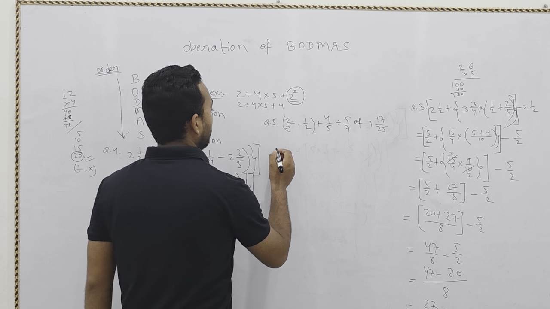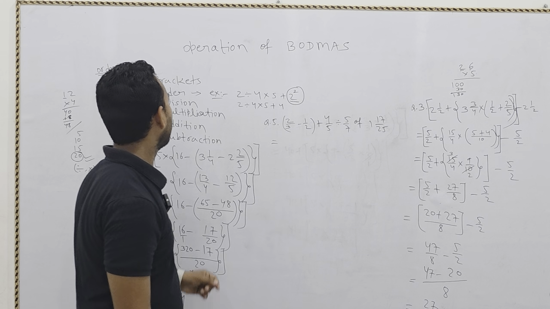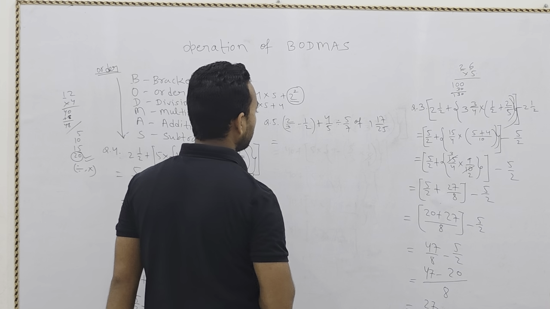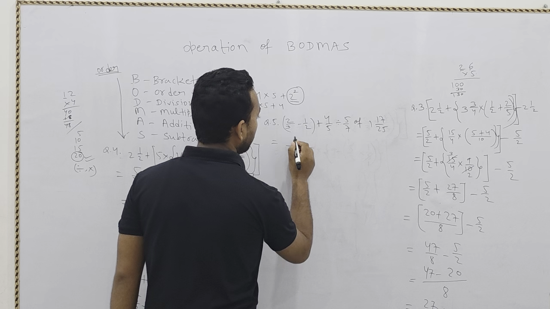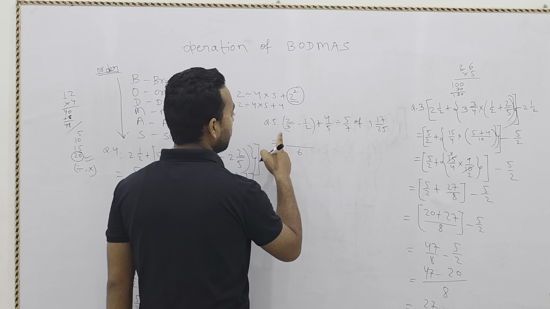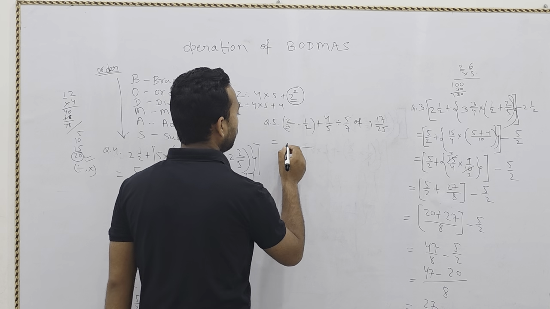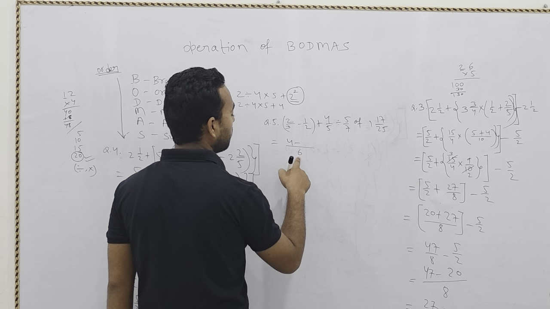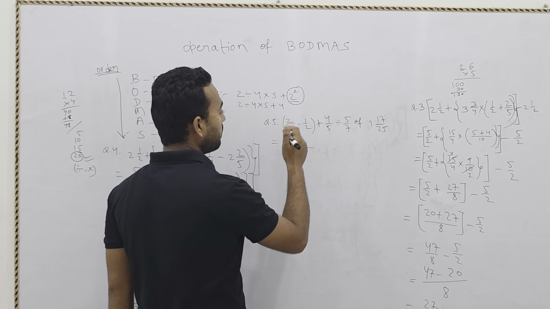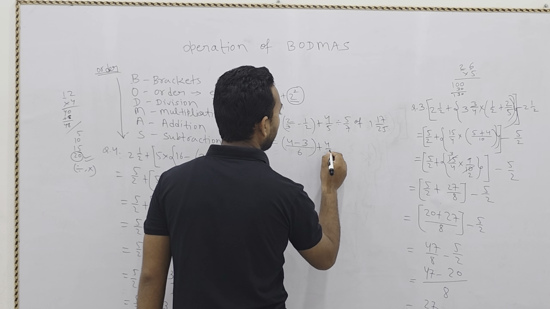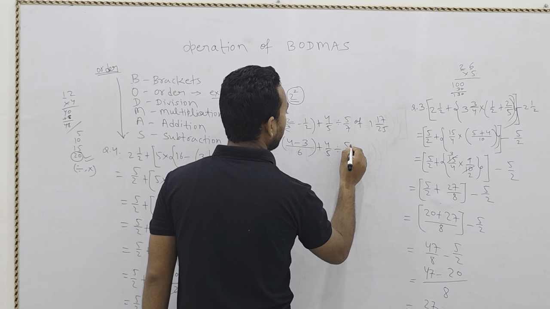So here what is the rule? First we have to solve the bracket portion. So here we can see the bracket portion is here. So we will take the LCM of 3 and 2, we will get 6, and 3 को 6 से डिवाइड करेंगे, we will get 2, 2 multiply by 2 is 4. Similarly here 2 के टेबल में 6, 3 बार में 3, multiply 1 तो 3, bracket close, plus 4/5, and the rest of the question as it is.